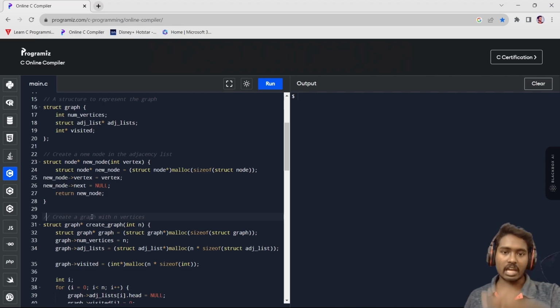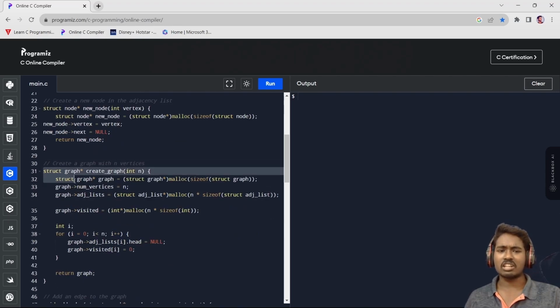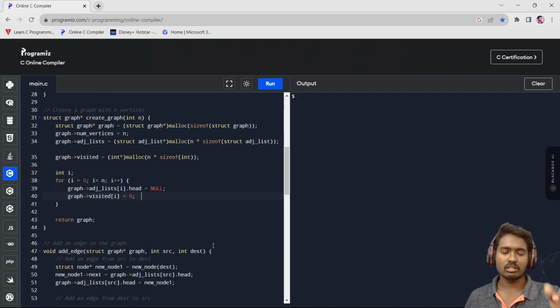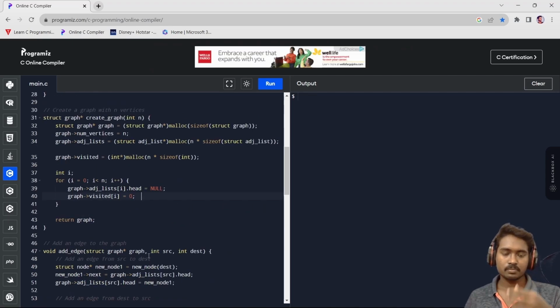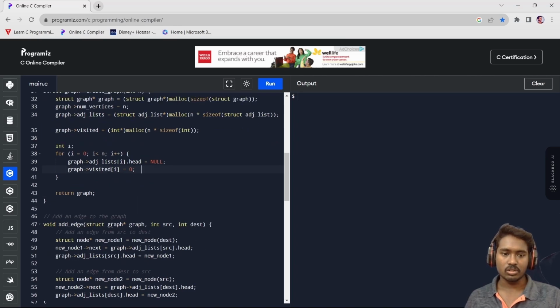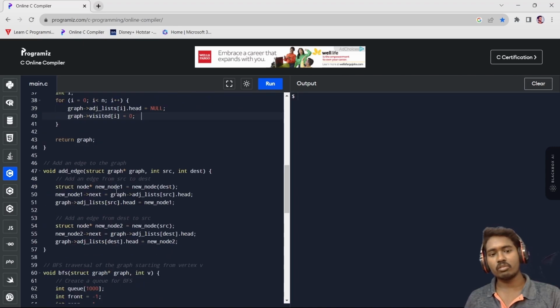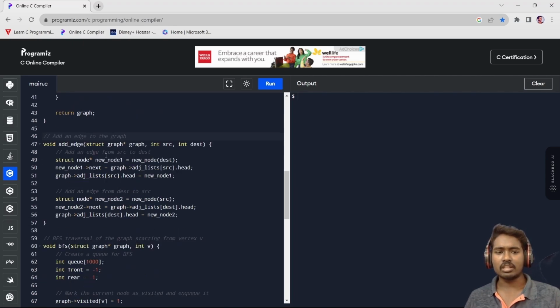Create a graph with n vertices now. The struct graph and all that, you know how to do that. For that, you can check in the description as a reference. Now return graph and all that. There should be a particular value to be returned. If not, then your program won't be working. Just add to it. After that, adding an edge to the graph. After that, the program adds an edge from the source to the destination, and from the destination to the source, and all